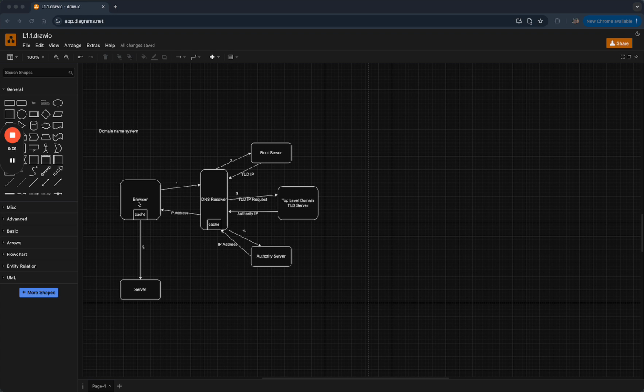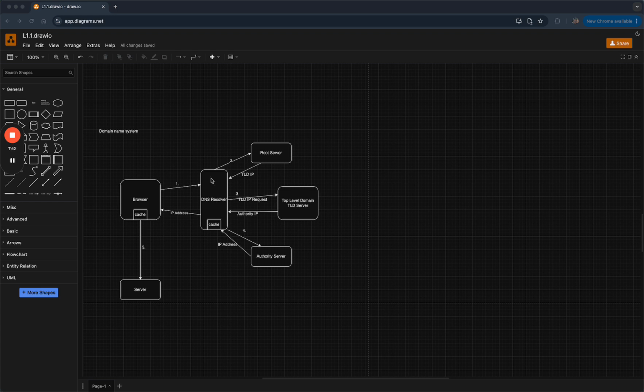As I told you, the browser has a cache. When you type in abc.com, the browser looks into the cache to find the relevant IP address for that particular URL. At first it will not find anything because it has not resolved yet. So what does it do? It sends the request to the DNS resolver. The DNS resolver has its own cache. Again, it's the same process: it looks up the cache, and if not found,